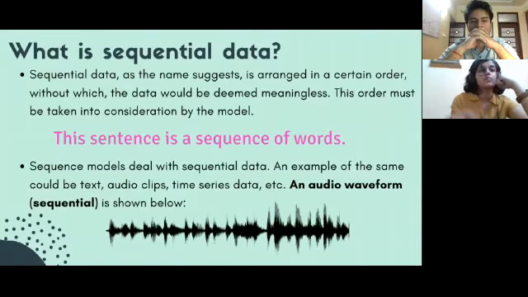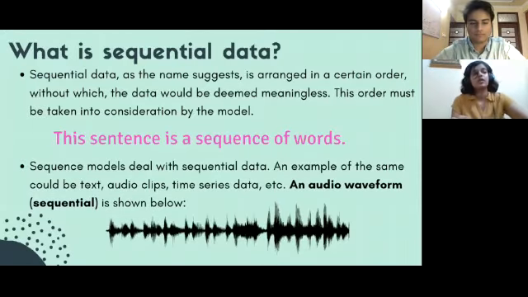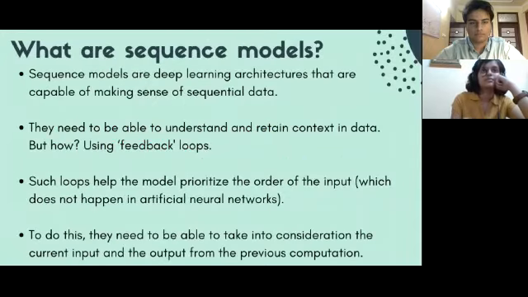Let's first look at some more examples for sequential data. Here we have an audio waveform. This is also sequential in nature because it's arranged according to time. And we also have time series data in which a quantity increases or decreases with respect to time. I hope you understood the importance of sequence, or order, when it comes to sequential data. So we are going to talk about sequence models here because they